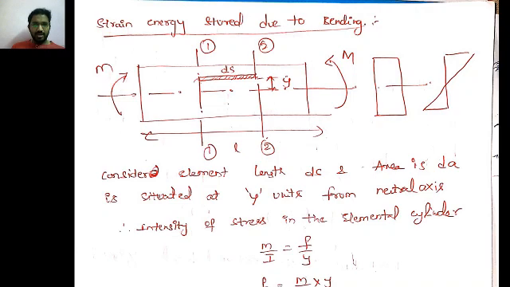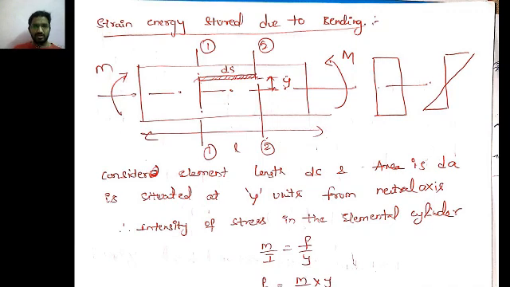So yesterday we completed one derivation in the strain energy chapter: strain energy stored due to axial loading. Now we are going to study the strain energy stored due to bending. What is the formula for strain energy stored due to axial loading? That is sigma square by 2AE. In some textbooks it is F square by 2AE. F, or sigma, stands for stress.